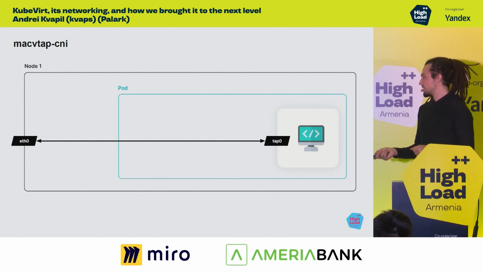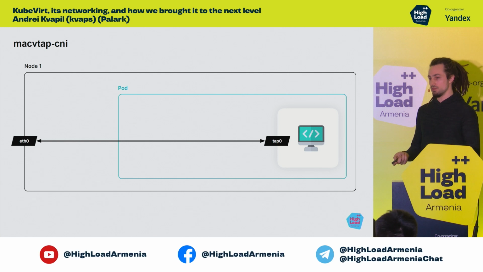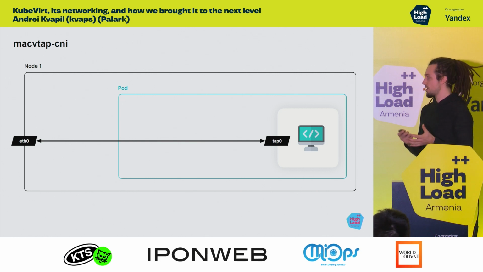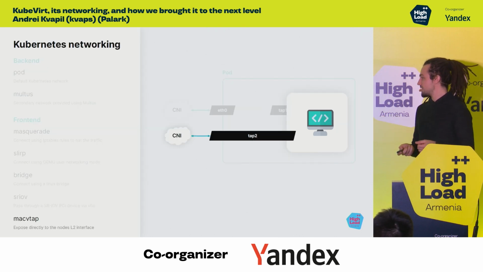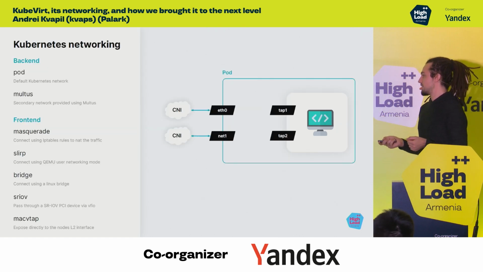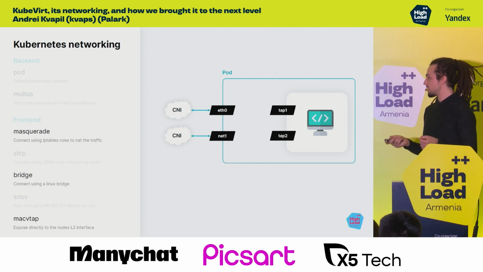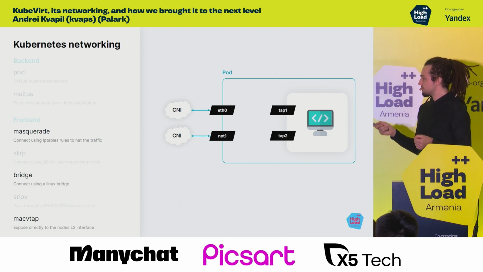But the problem of this mode is that it works just with Multus. And you lose all these features of Kubernetes networking that we are used to having, like Kubernetes services and policies. So we decided to enhance this mode a little bit and to teach KubeVirt